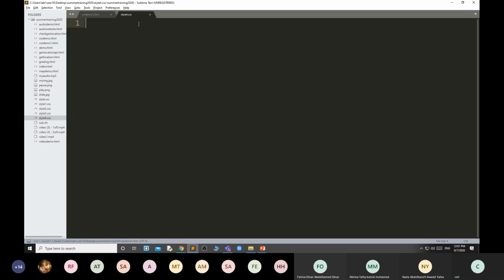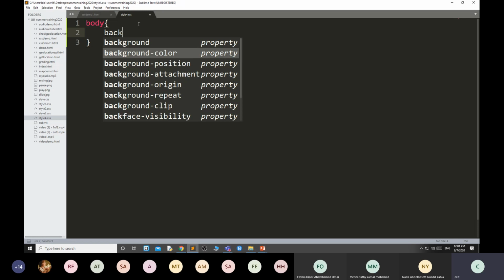Okay, body, background. When I use background, you can change this background property like color, position, attachment, origin, repeat, clip, all these things.